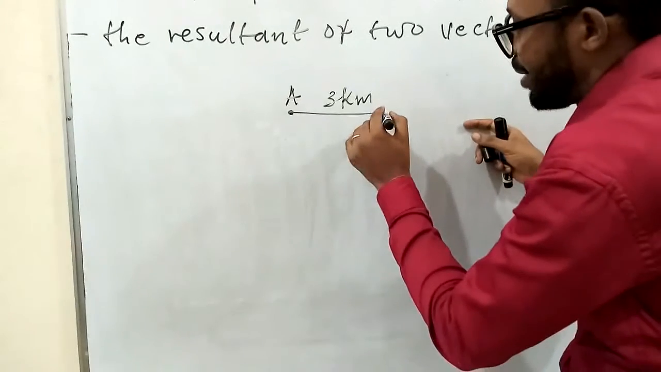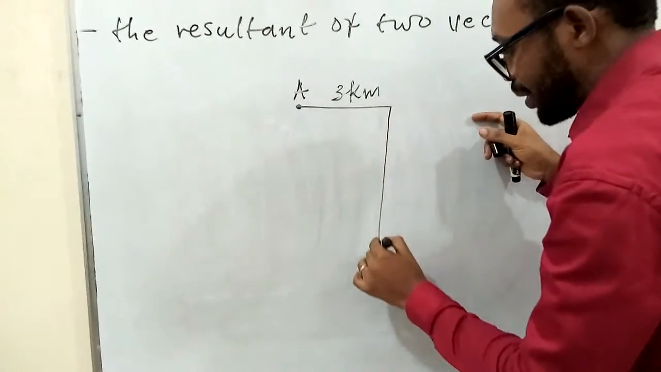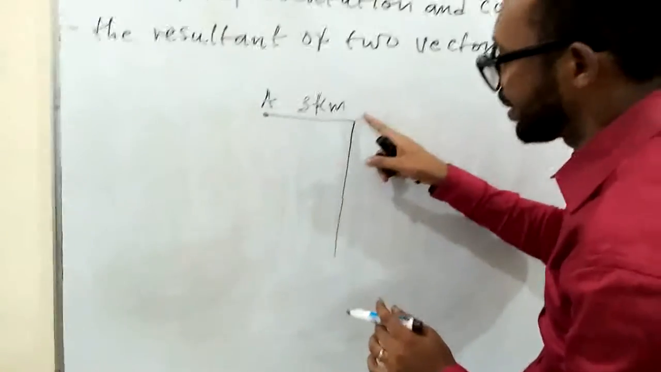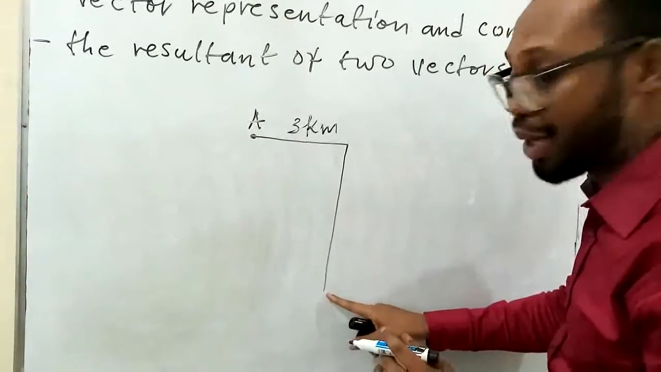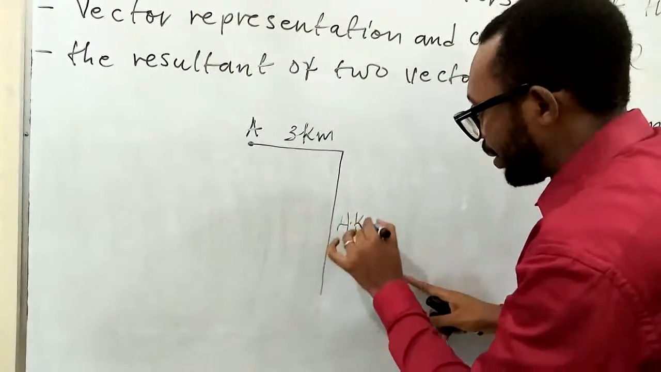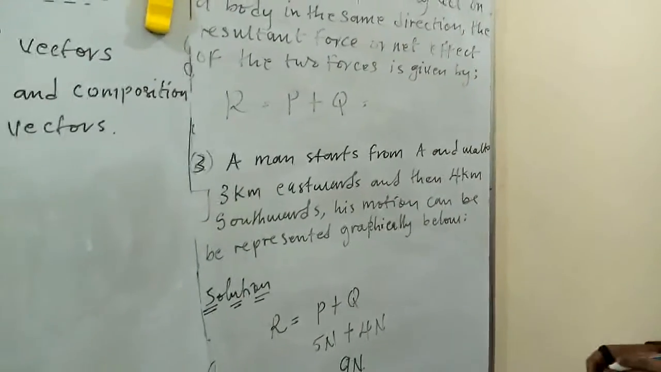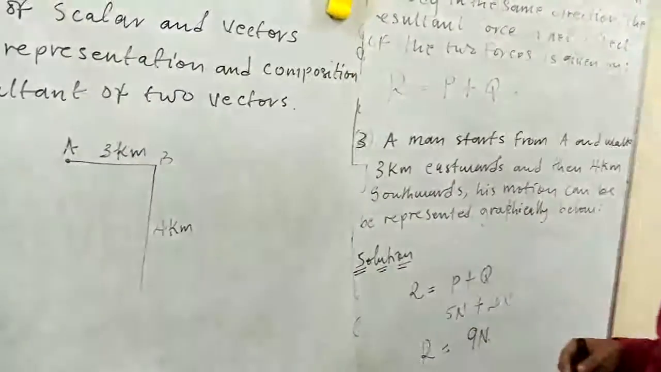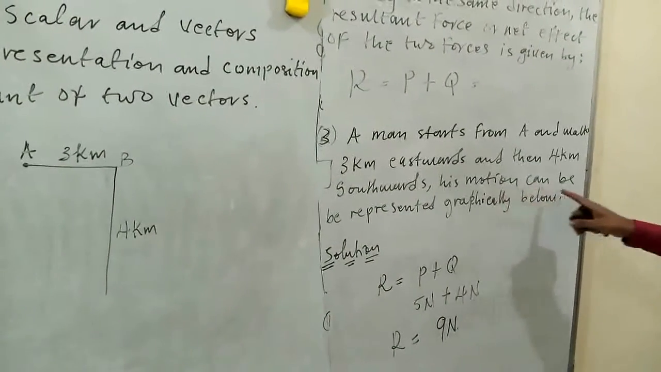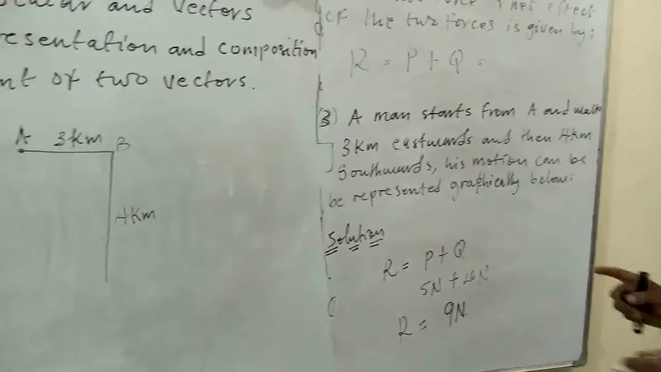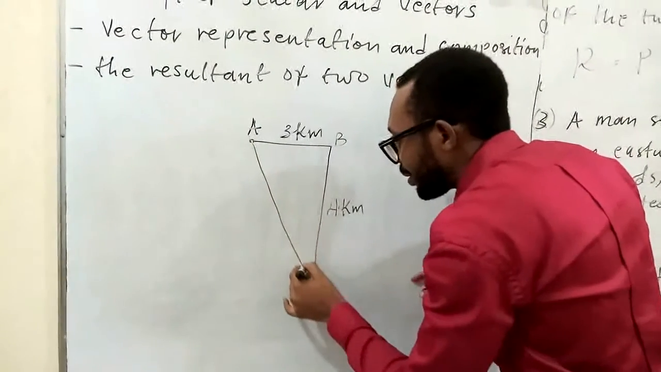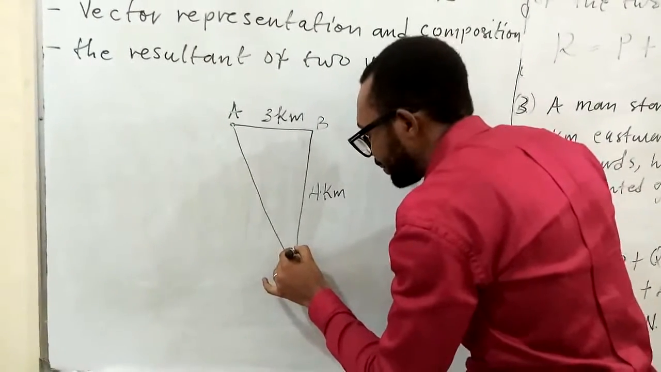So we have, if it's coming down, which is southward, you see, this is 3 kilometers. I'm estimating anyway, it can be 4 kilometers. Right? 4 kilometers. Let's take this is point A and this is point B. Okay? His motion can be represented graphically. Now, from this point, if you join this point to this point,